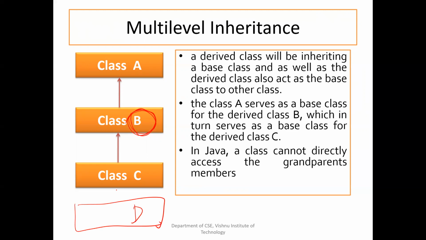If you have a class in the hierarchy which is acting as both derived and super, and it is going in a linear fashion, then we refer to that inheritance as a multi-level inheritance. So you can have one more here, and in this way also. Then C will be a derived class of class B and superclass of class D. Here you should have one or more classes which act as both derived and super. Okay, here the number of classes participating is more than 2. It's not restricted to 3, but it should be more than 2.